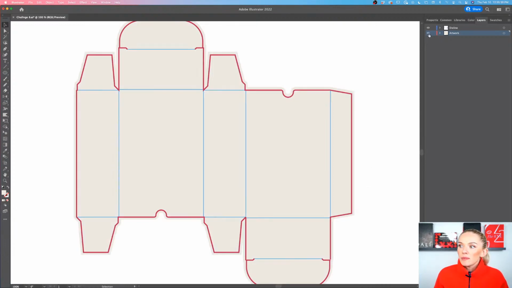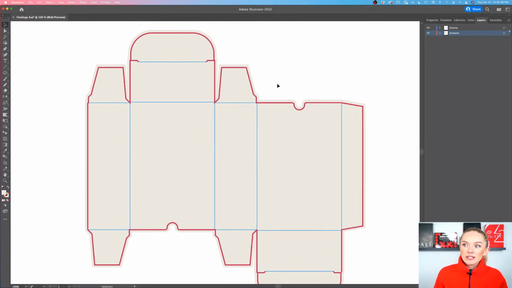Now, if I turn on my artwork, you can see it slightly kind of looks over that cutting line. And why is that? Because we want to print a little bit further out of that. In case the printer, whenever they cut the box, are not 100% precise, we give them a little bit of wiggle room. This wiggle room is called the